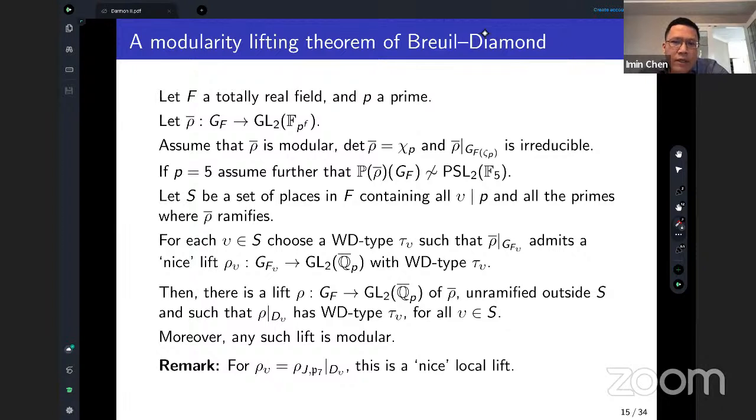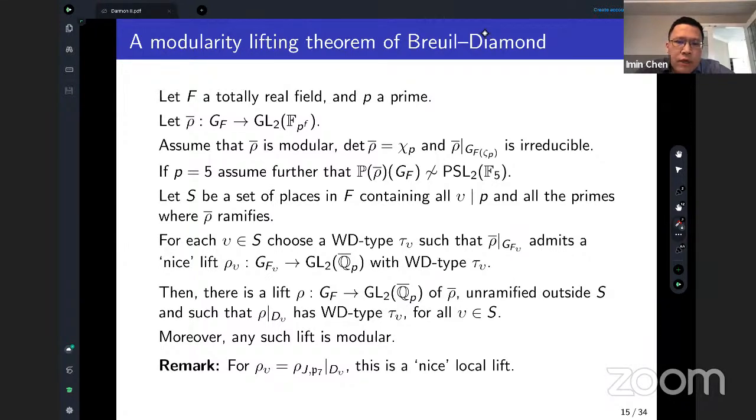So for all the places where the residual representation ramifies, including the places above p, I'll prescribe a finite set of these primes, which contains at least these ramified primes and the primes above p. For each place in this finite set of places,